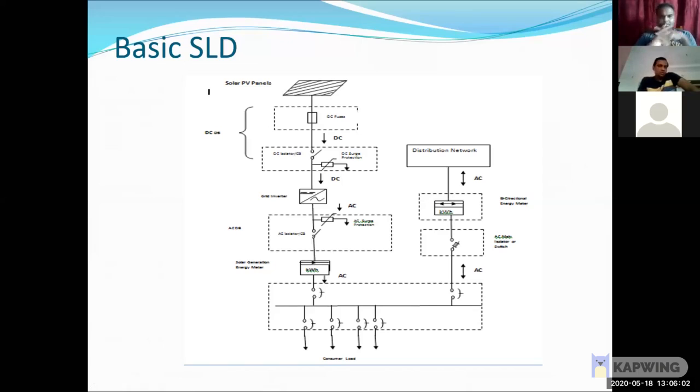We have a small fuse that is called a DC fuse. Why are we connecting that DC fuse? If any fault occurs after the inverter DC side or after the DC JB, I want to protect my solar modules, because the cost of a solar panel is very high compared to other components. So we keep one DC fuse, which will protect against reverse DC voltage or reverse DC current. If any DC fault occurs, it's a DC current only.